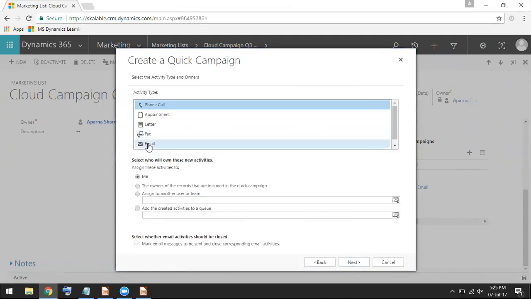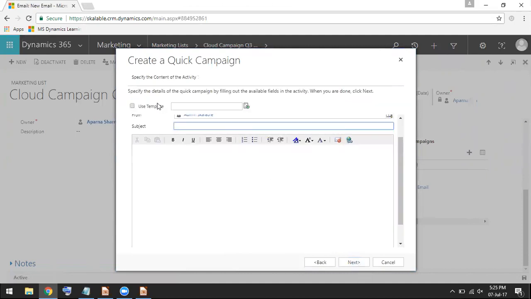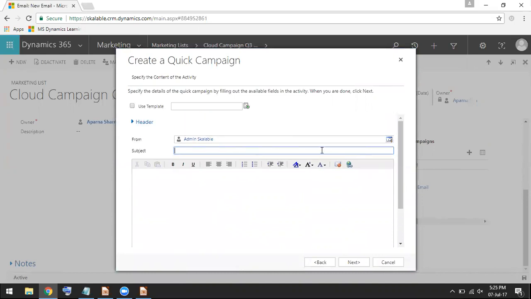So I'm selecting the email channel. So I send to me. Next, you can use a template from the existing templates in the system. So right now I am going to write in my message.